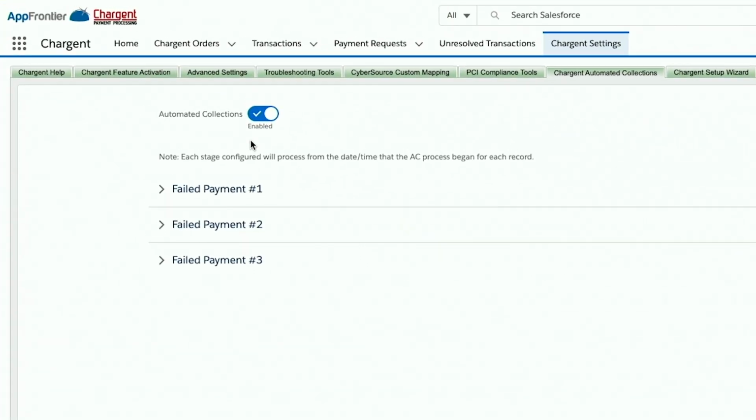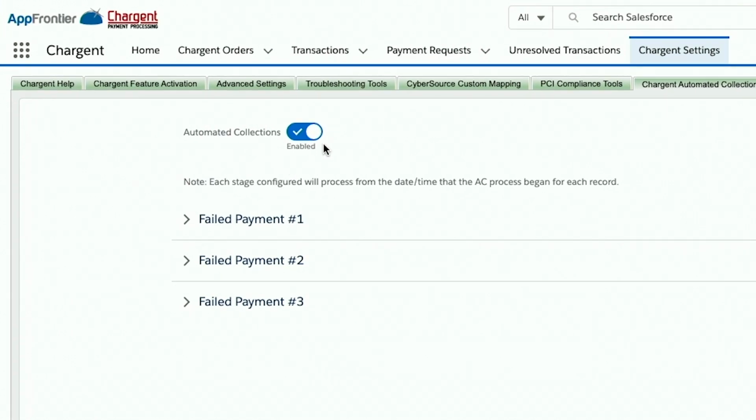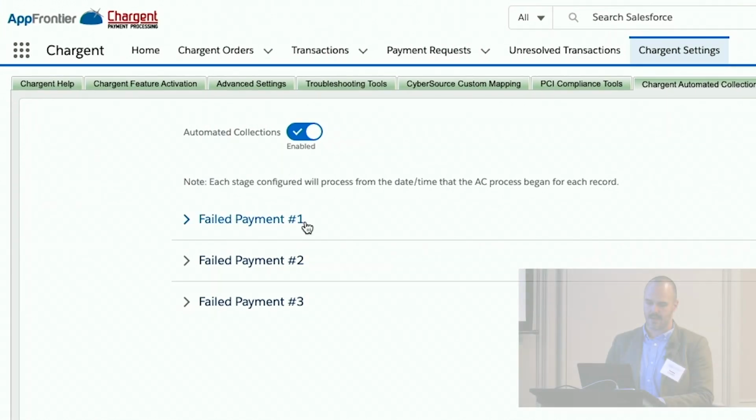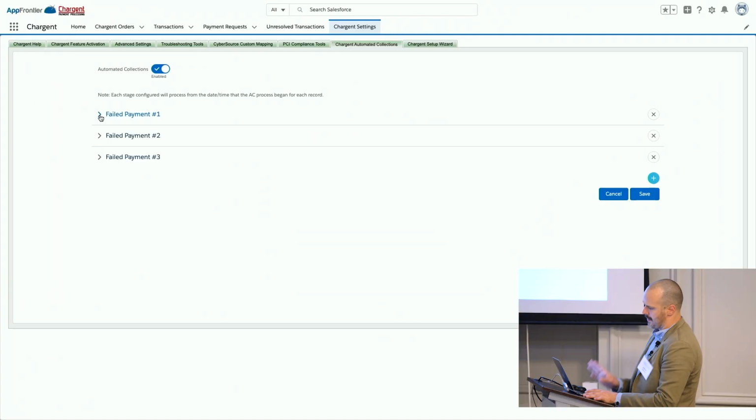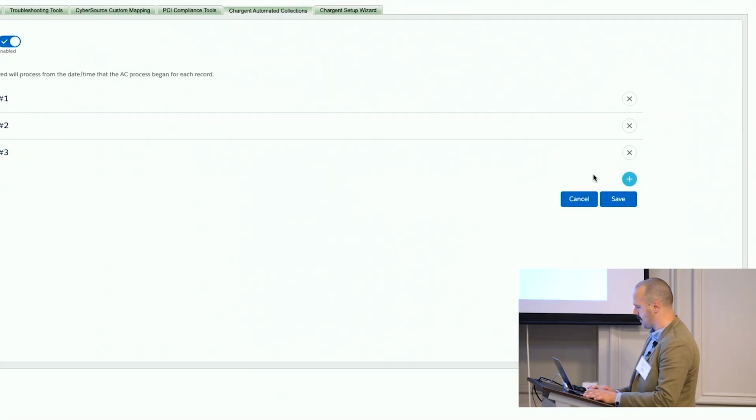First, you click this toggle switch, which turns it on. Once you do that, the system is going to ask you to create at least one stage. We recommend more than one stage, but this is what it looks like. This has already been configured, but I want to take you through what it looks like to configure one. So you'd click the plus sign,